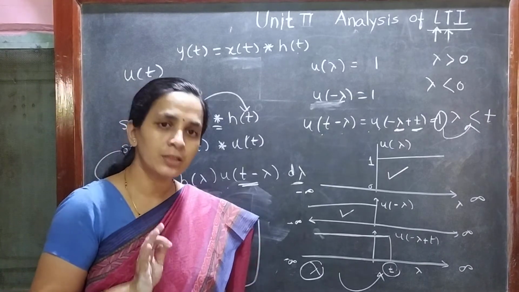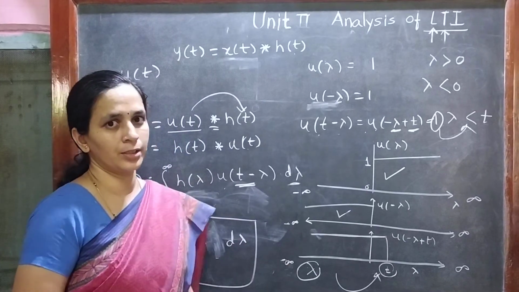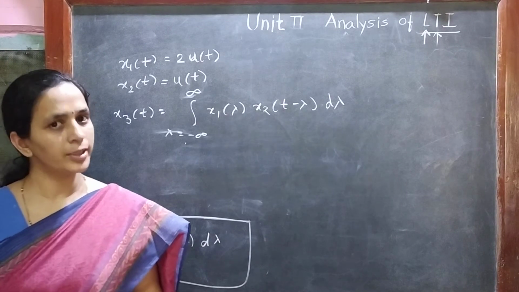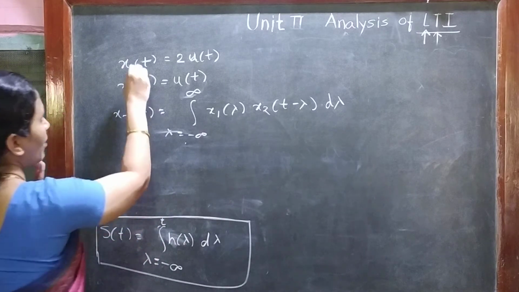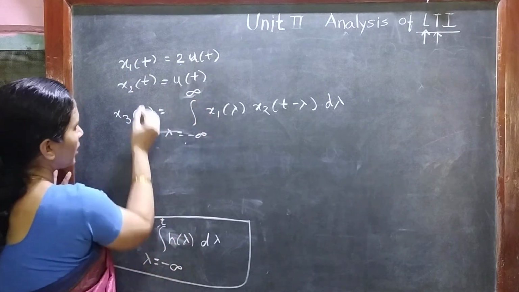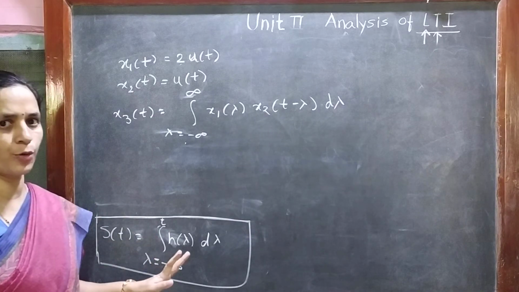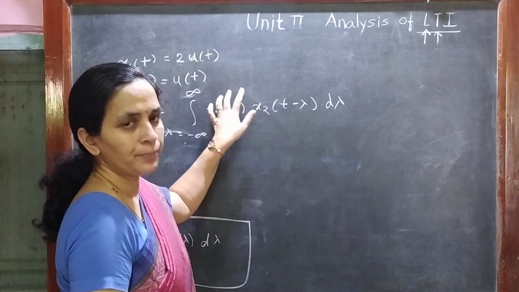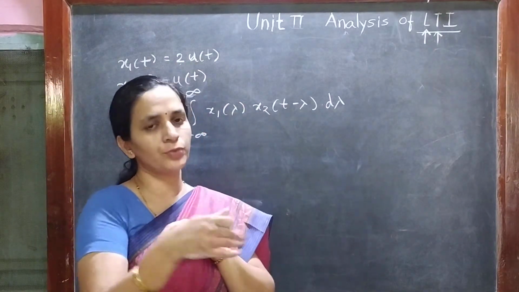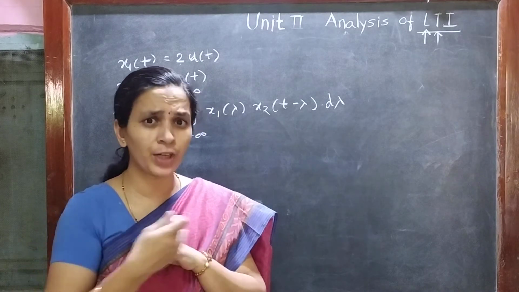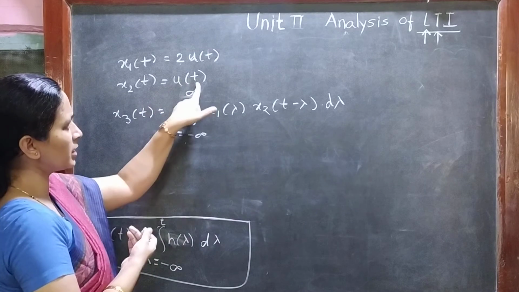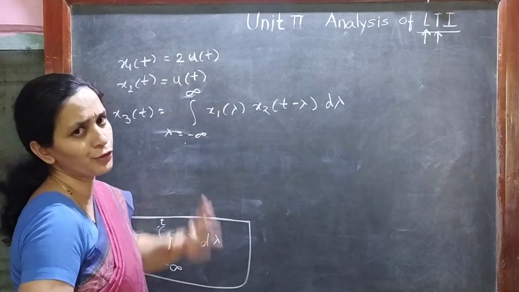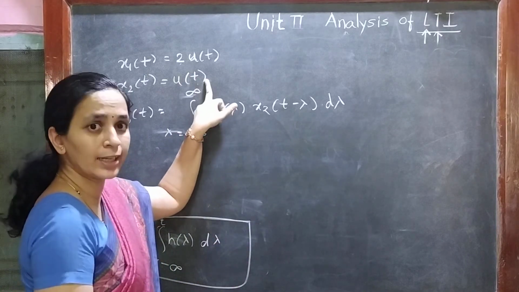We'll take a pause, we'll solve one numeric on this particular thing. Let us try to solve one problem on this one, wherein we have one signal x1 of t as 2 into u of t and the other signal x2 of t is equal to u of t. We want to find out the unit step response. Both of them are unit step, right? But you can use either of them in terms of its shifted version, right? Here I feel this signal will be easy to handle because it is neither scaled, nothing like that. So it will be easy to handle in terms of its shifted form. So I will consider this signal as the second signal, right?